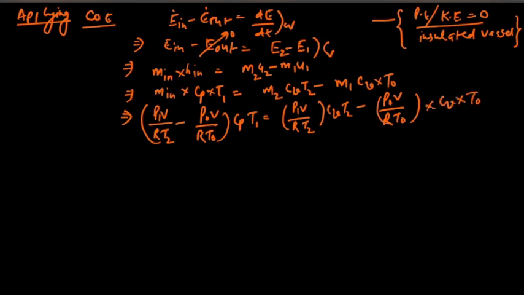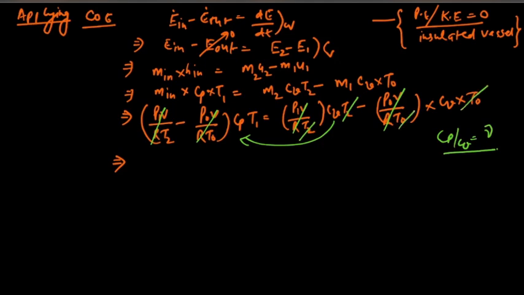Now this equation can be simplified as V by R is common on the left hand side and right hand side, so V by R can be cancelled out. This Cv can be brought to this side and Cp by Cv can be written as gamma. Further, T2 and T2 will cancel out and T0 and T0 will cancel out. Therefore, writing this equation after simplification is